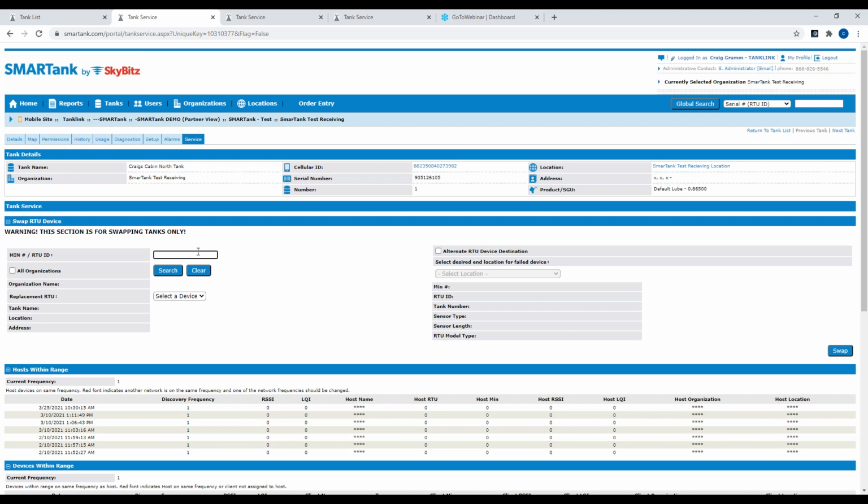There is another question. Is a receiving unit not assigned then? And a second part to that is, how do I move a monitor from one organization to another? I'm assuming what you mean by a receiving unit is if a unit is in the receiving location, and you're right. If it's not assigned, what you will see is,